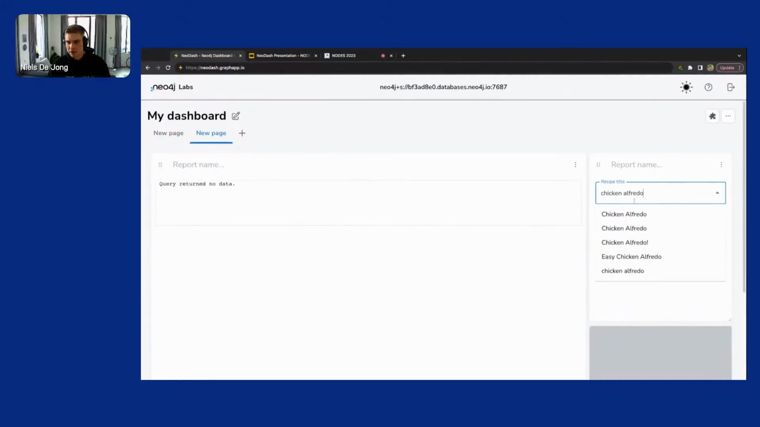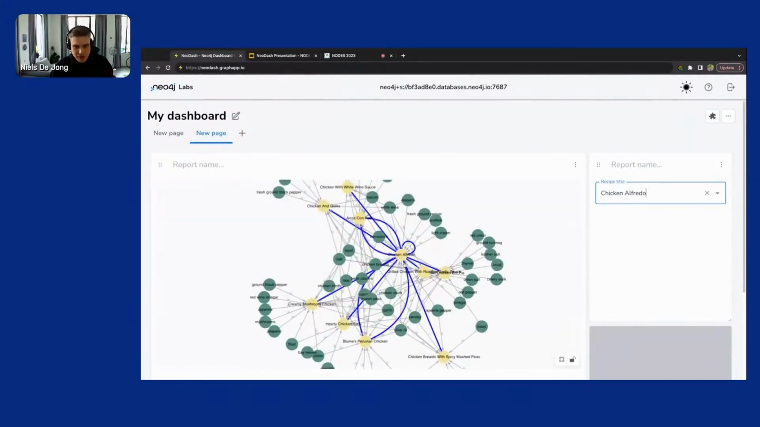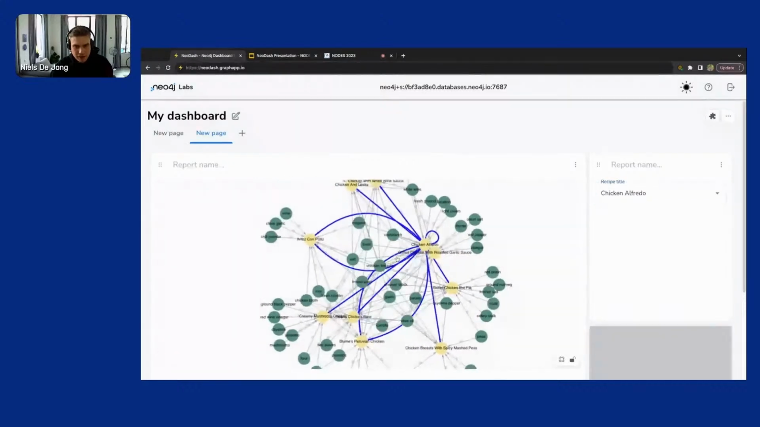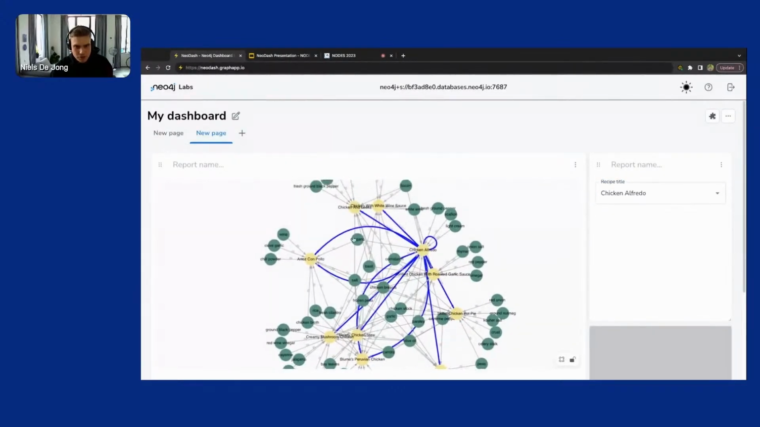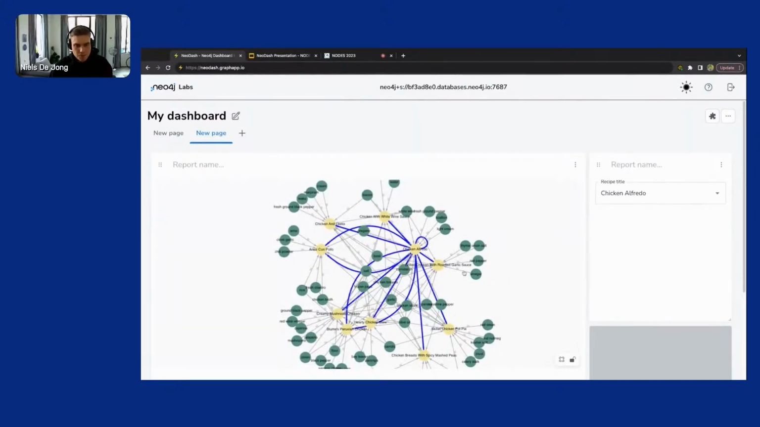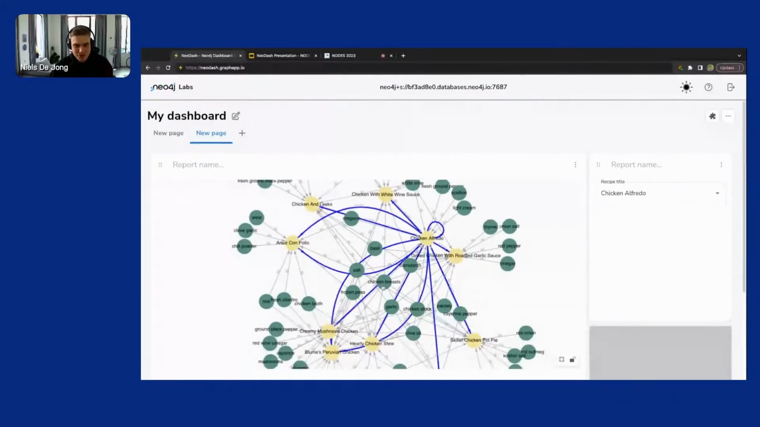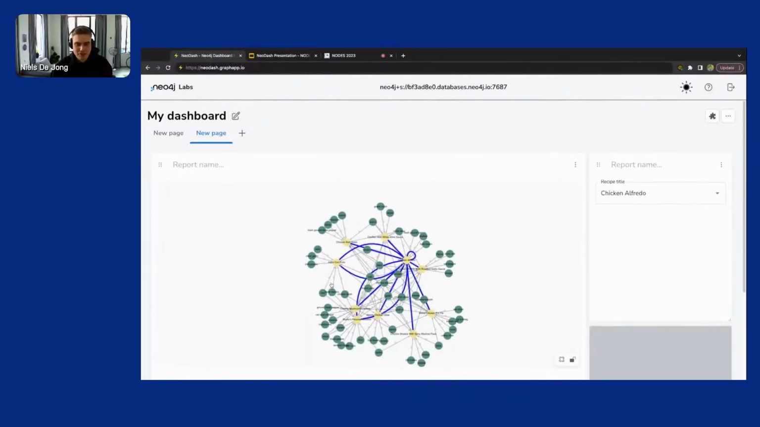Let's do chicken Alfredo in honor of Alfredo, who made this plugin. Right, so this is a cool one. Chicken Alfredo. So we have chicken Alfredo here, and we have a lot of other recipes which seem to be sharing quite a few ingredients, right? Chicken with wine sauce, chicken and leeks. Interesting stuff. We're seeing chicken breasts as a common ingredient, which makes sense to all of these recipes. But it is quite nice that it's so quick and easy to do this kind of similarity search with NeoDash